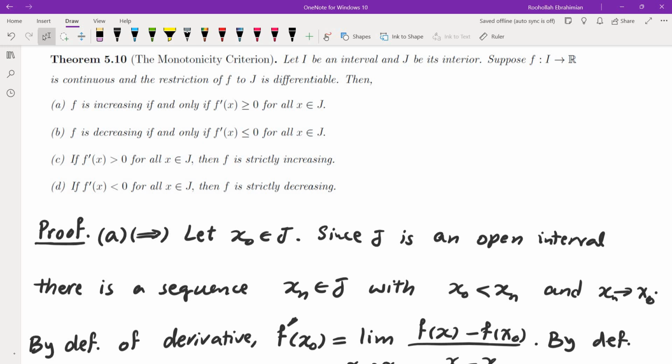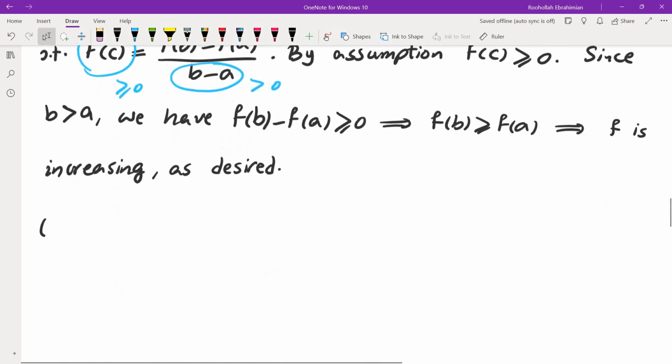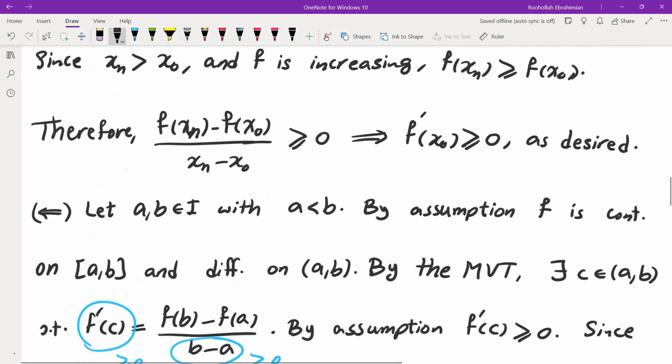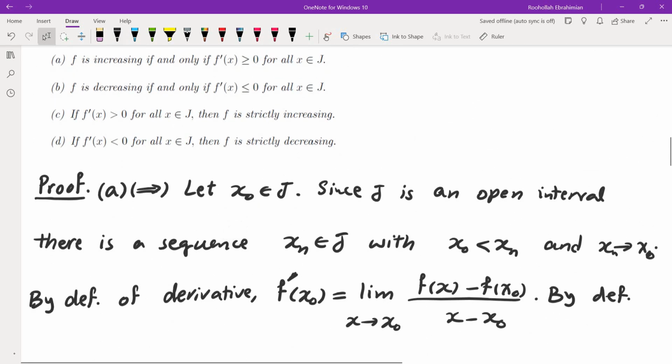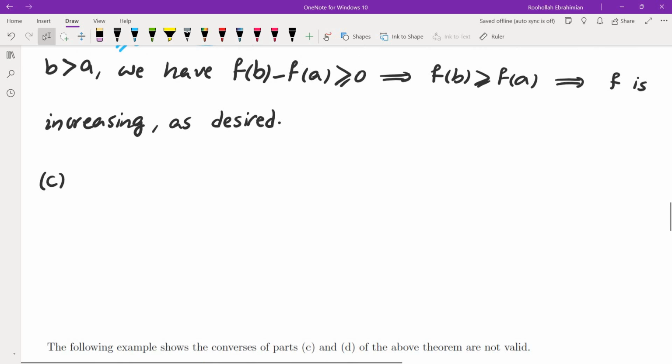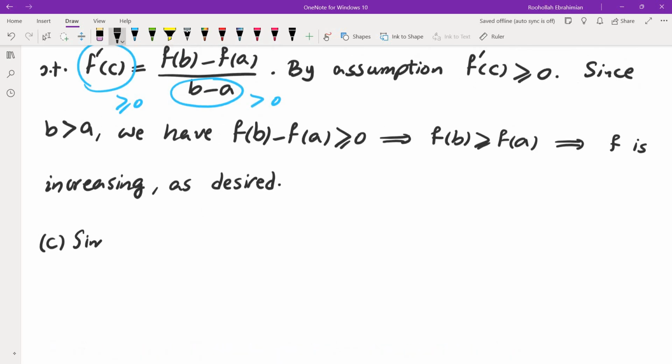Part B is nearly identical. You just have to make sure you're putting the inequalities in the correct direction. C is also nearly identical, but I will go over C. Notice that part C is a conditional statement, not biconditional. So we know f prime is positive, then f is strictly increasing. So similar to